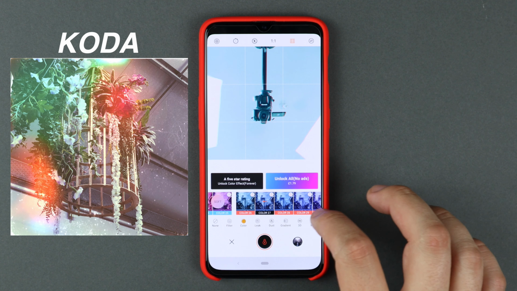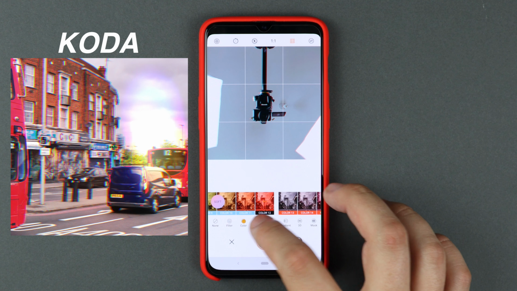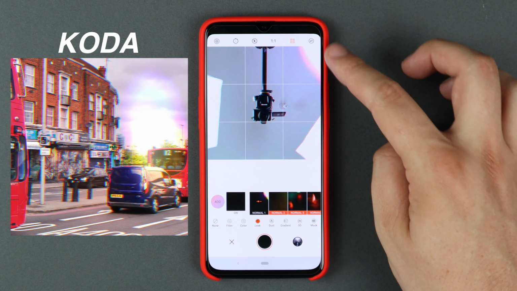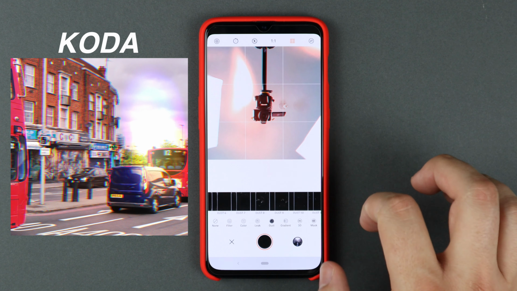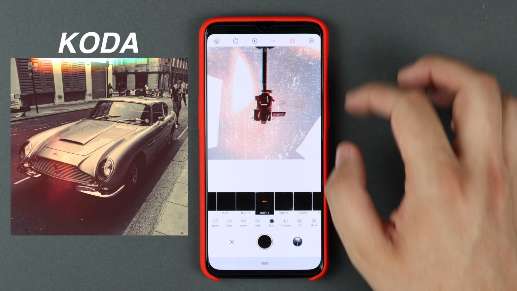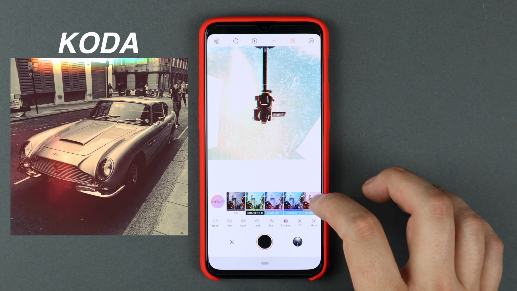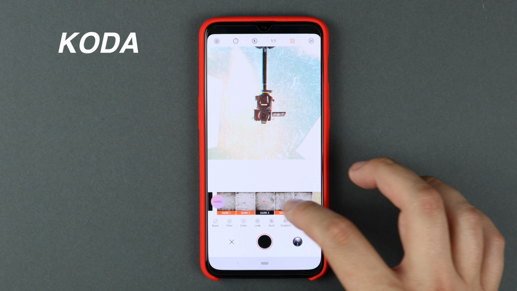Now don't get me wrong, you can definitely go a little bit overboard with some of these filters if you're adding a ton of different things onto the actual photo itself, but if you use it in the right way and you have some nice light leaks around the side, maybe some dust particles here and there, or if you take a photo that you want to look particularly vintage, then this is a really great application to try. For me, like I mentioned, I'm not a huge fan of filters, but this application may change my mind, and